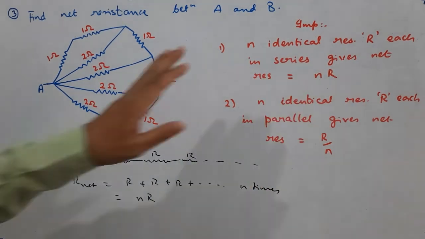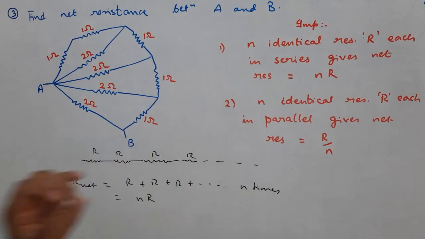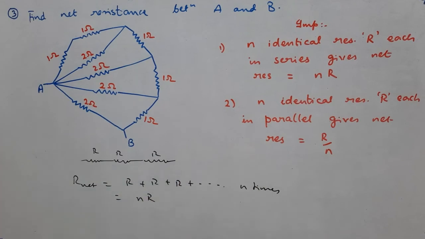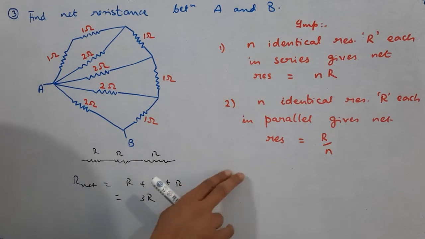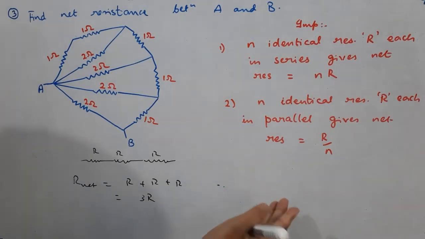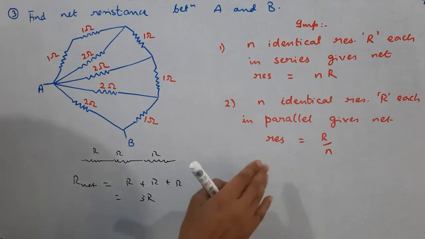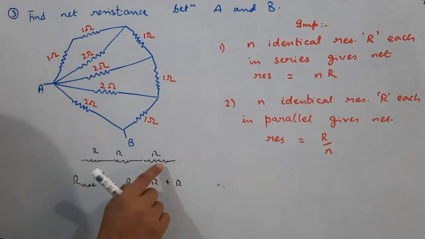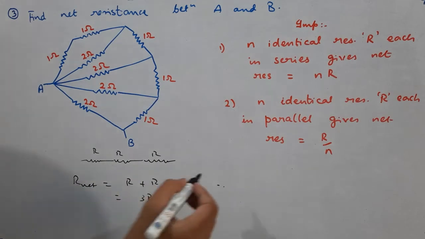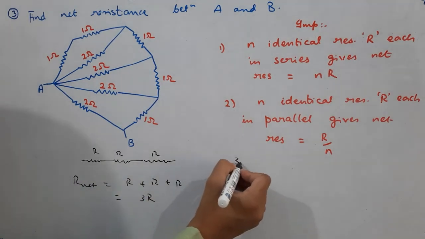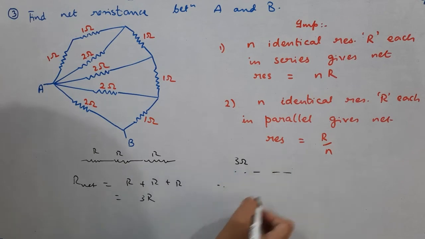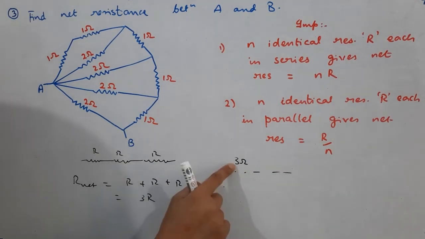Please note these results in your copy and you should write this particular explanation also. What does that mean? That means if I have 3 resistors, for example, that means N is equal to 3. So the net resistance will be R plus R plus R, that will be 3R. Likewise, if you have 2 resistors R and R in series, the net resistance will be 2R. If I have 10 resistors in series, the net resistance will be 10R if each one of them has the same resistance R. Likewise, suppose I say there are 5 resistors each of 3 ohm connected in series.